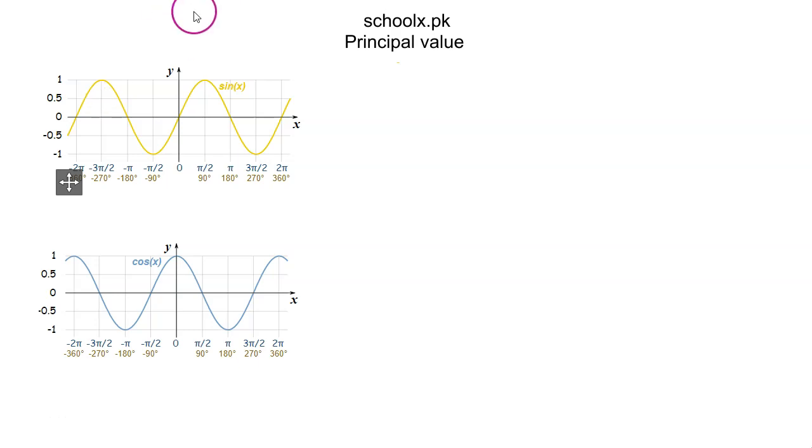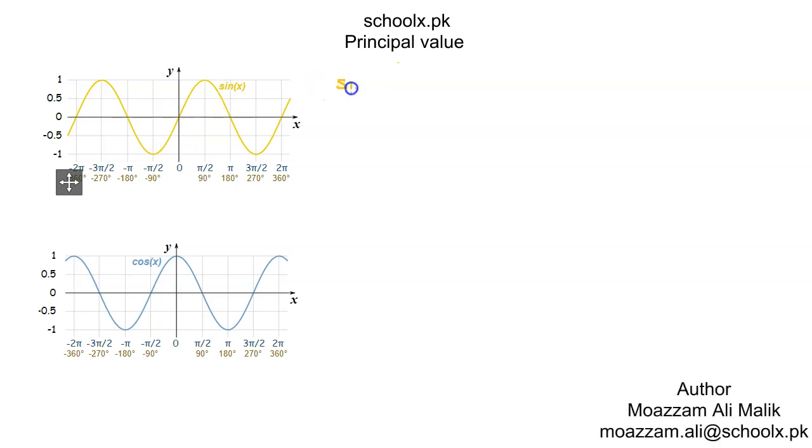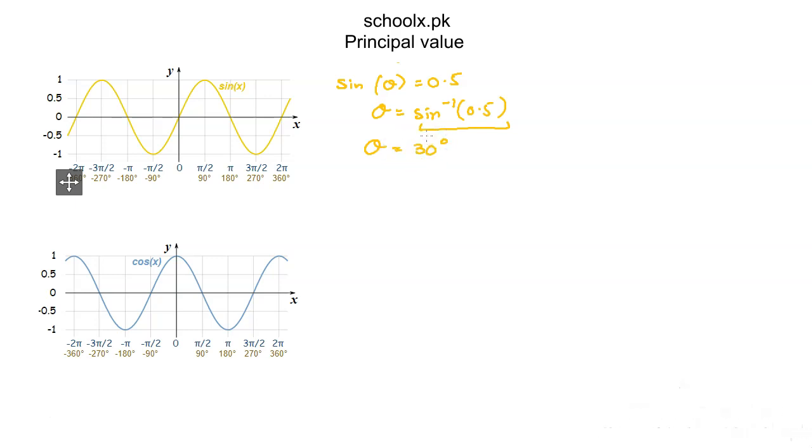Let's say I have been asked to find the angle theta of which the sine is 0.5, right? What I'll do is put in my calculator theta equals sine inverse of 0.5. I'll put this expression in my calculator. I'll get theta equals 30 degrees. But when I look at the graph of the sine, I can see that 0.5 is right here and is being given by this 30 degrees,